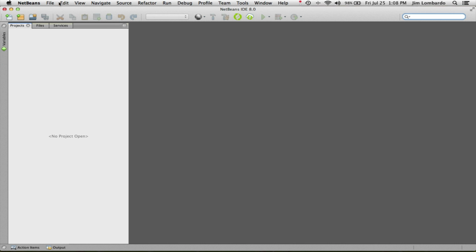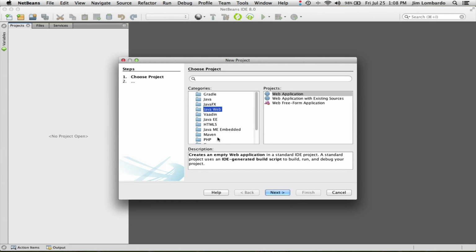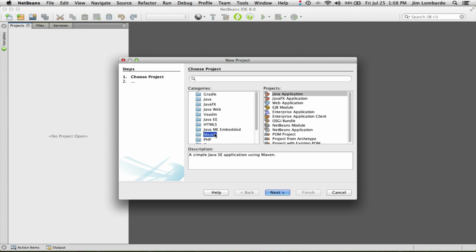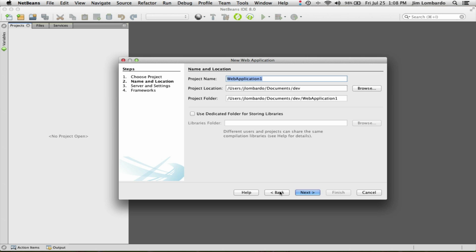Okay, we're going to first create a new web project. Now, I could use Maven to do this if I wanted to. But again, in the interest of keeping things simple, we don't really need Maven for this app because we're not going to be adding any third-party libraries. Everything's built in, and so we're just going to create a regular Java web app using Netbeans, and we're going to make sure that we give it a meaningful name. I'll just say Netbeans REST demo,